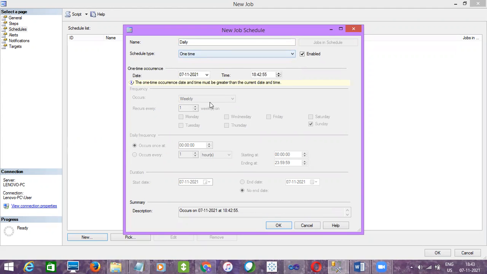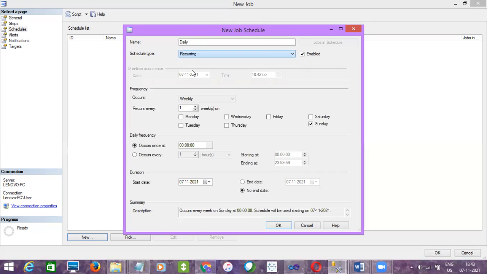According to your selection, the options here will change. So I just want to choose recurring, which means it should be running every time based on my schedule. And here you can see occurs, right? Occurs is weekly by default. So we can also run it every month, every week, or daily. So I'll just select daily.